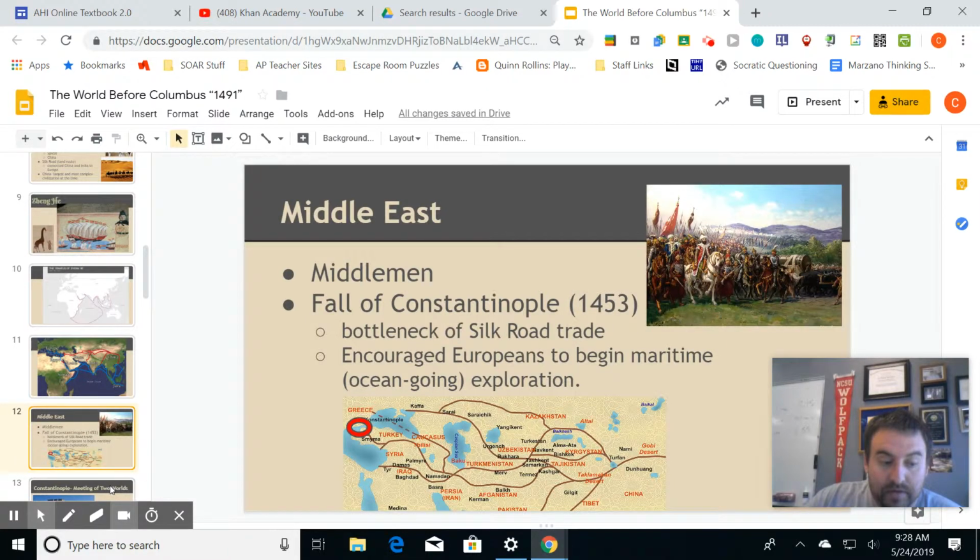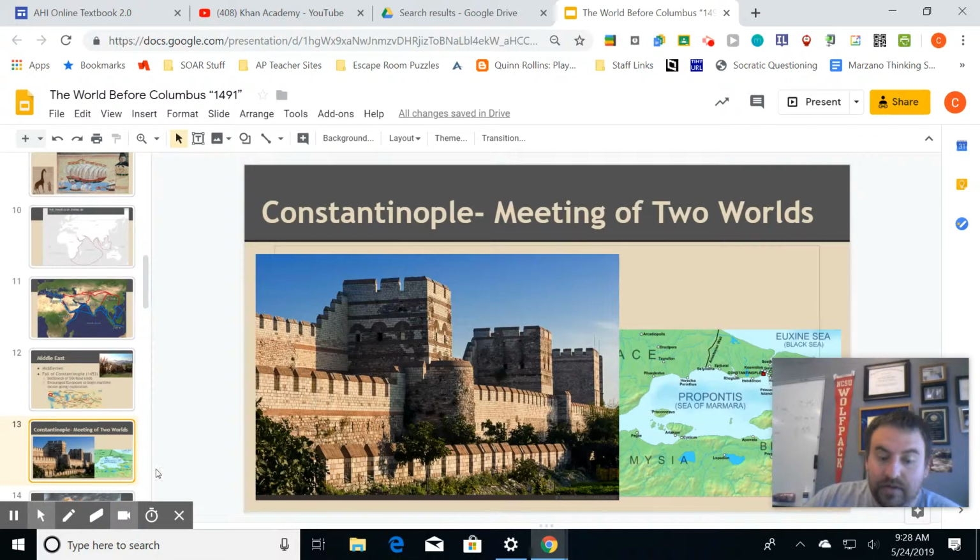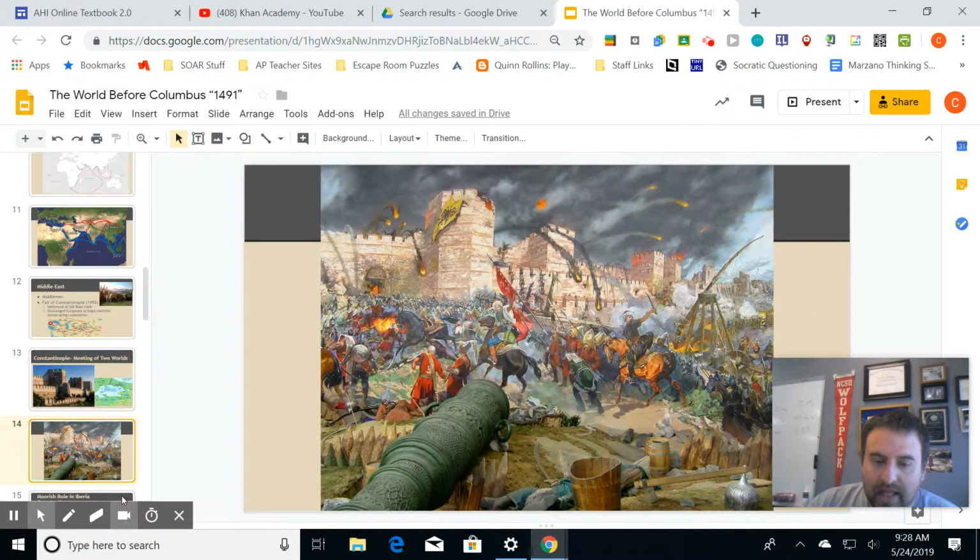The reason why it falls, well, just take a look at these triple walls here. Think of Europe, an invading army trying to go up against those three walls. That is not looking like a fun time for me. I'm saying, you know what, no, that's all right. You can have that city, I'm going. That is a very strong fortress there. Most people believed it can never fall. Then this shows up.